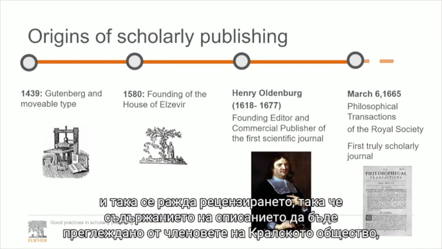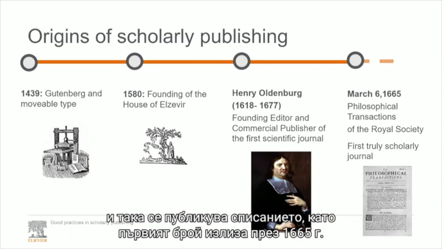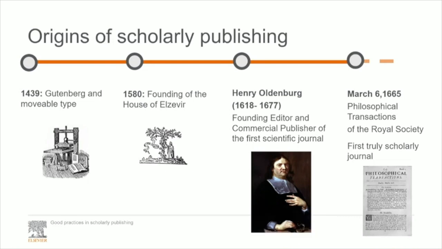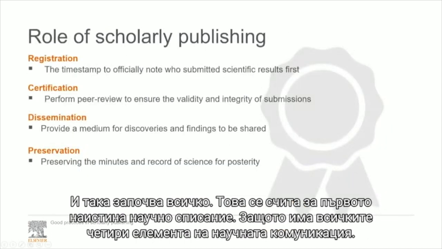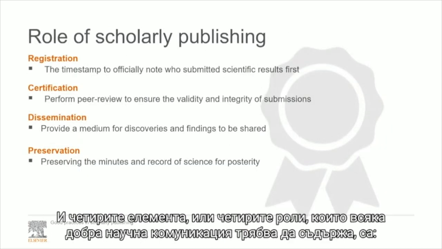So the content of the journal was already reviewed by the members of the Royal Society. And then the journal became published. The first issue came out on March 6, 1665. And that's how it all began. And that is considered to be the first truly scholarly journal, because it had all the four elements of scholarly communication. And the four roles that each good scholarly communication should entail